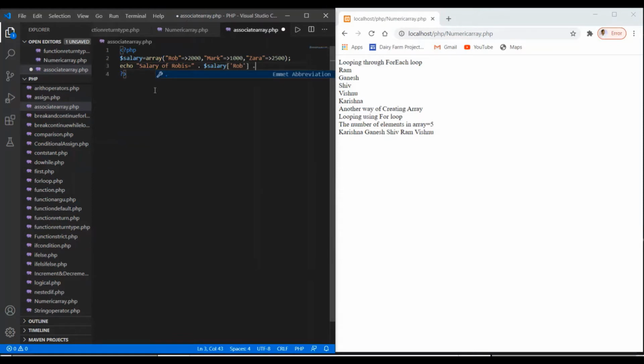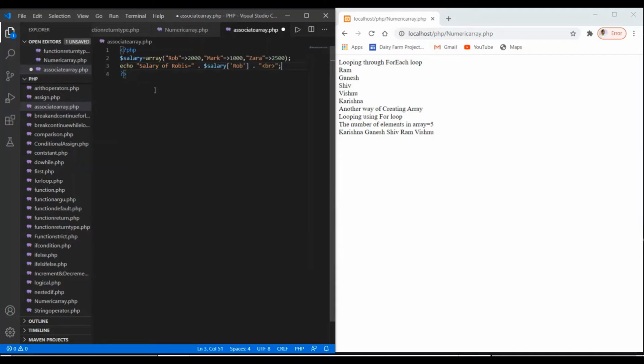Then again I'm using the concatenation operator, and I'm using BR for that, and at the last I have to put the semicolon to terminate the statement. So this is one complete statement.